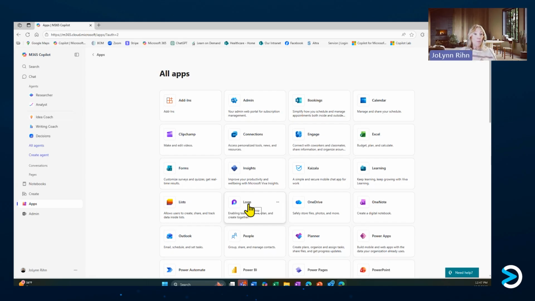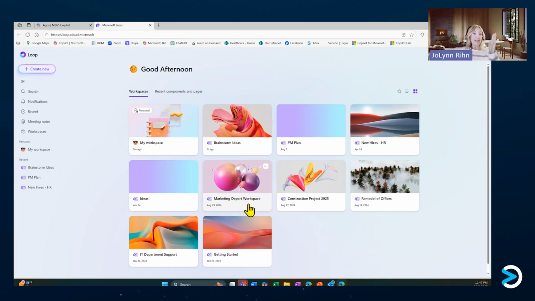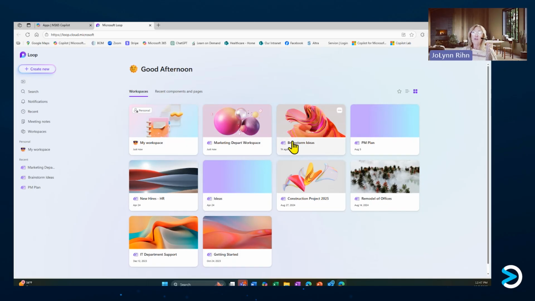But when you open the app, what you're going to see is a navigation pane on the left-hand side. On the right-hand side, I'm actually seeing my current workspaces that I have available. So where I had gone was into one of my current workspaces. The one was called Marketing Department Workspace, and I created the workspace from over on the left-hand side under Create New, just so you're aware. But that's beyond the scope of our class today, but just to give you an introduction to this,